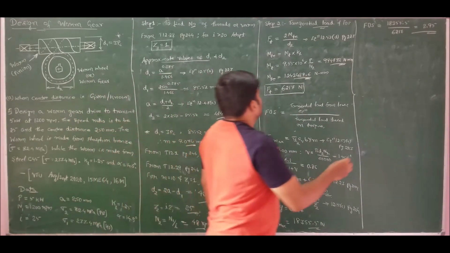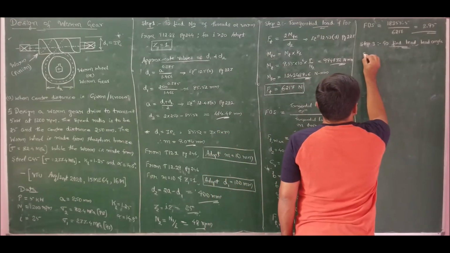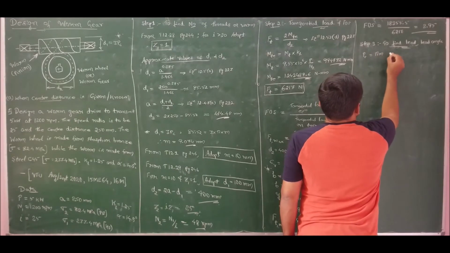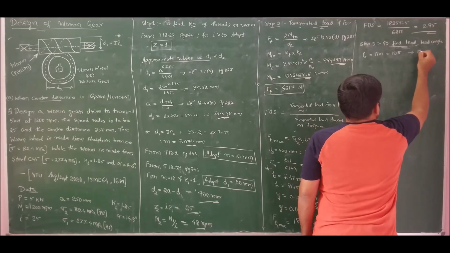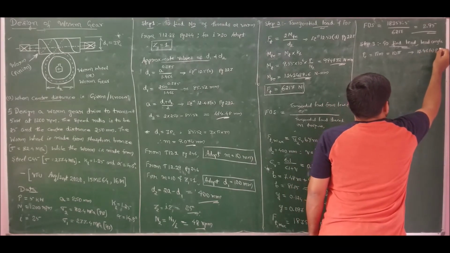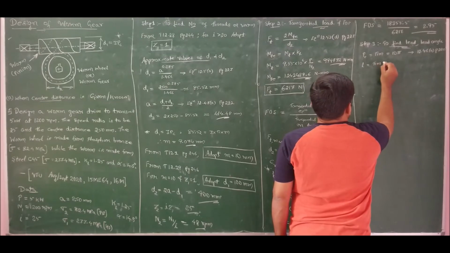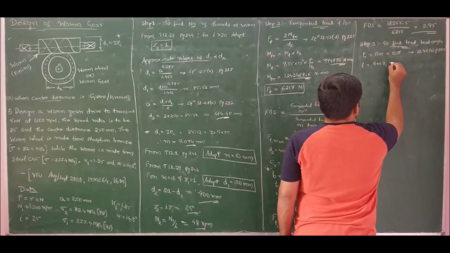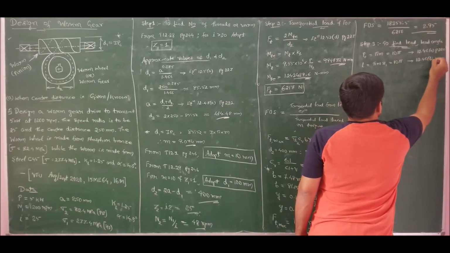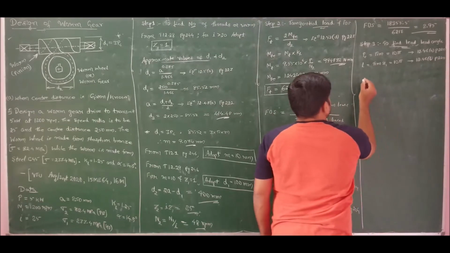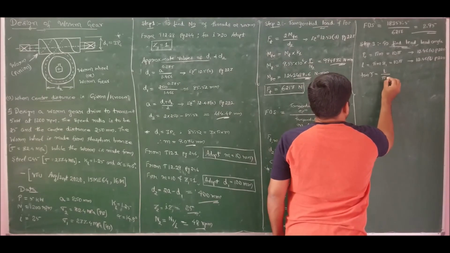Next, moving to step number 3, we have to find lead and lead angle. First, to find lead, we should know the circular pitch, which is equal to pi m, which is nothing but 10 pi. This is from equation 12.46a, referring to page 220, and lead is given by pi m z1, which is also equal to 10 pi, referring to equation 12.46b of page 220. Coming to lead angle, we know that tan gamma is equal to lead by pi d1.